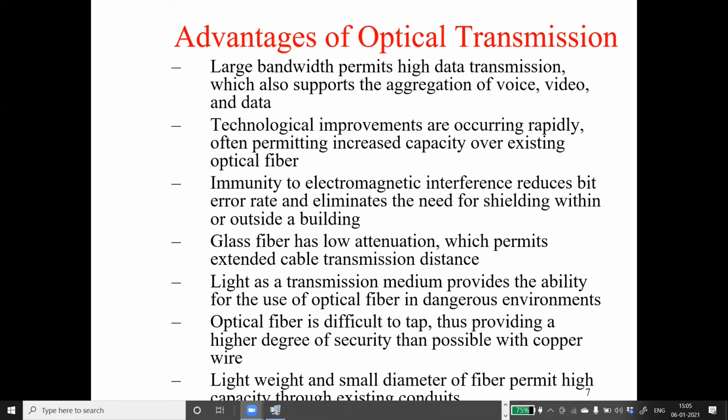Because of long distance transmission, I need to have a repeater to perform the 3R operation, that is reshape, retime and reamplify. What was supposed to be done was that the optical signal was converted into an electrical signal, and that electrical signal was again converted into an optical one. So this process of optical to electrical and electrical to optical was time consuming. The second is that it required a lot of electronics to complete this, and it was costly,